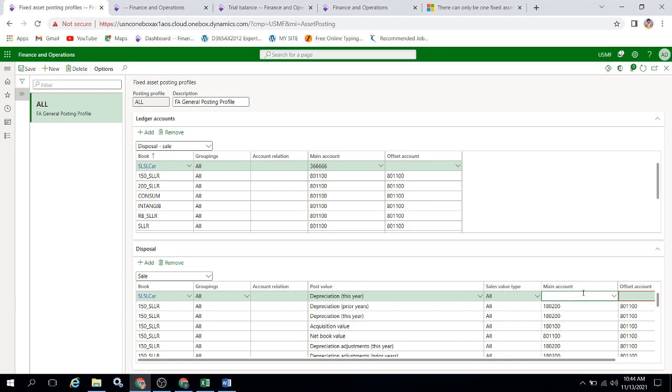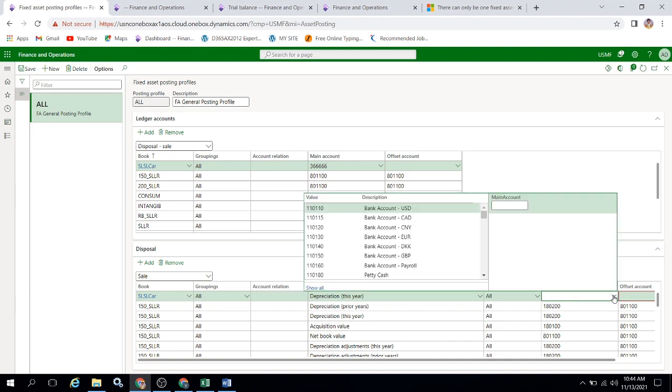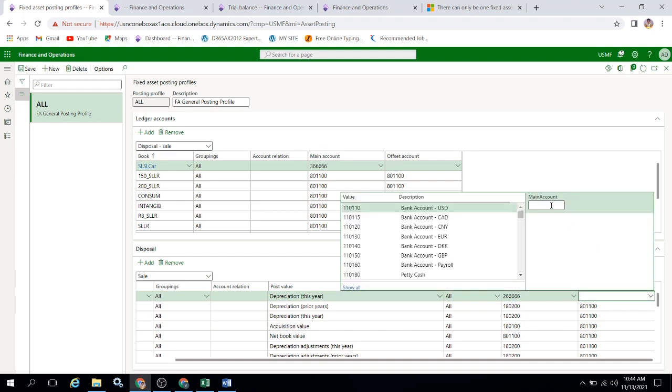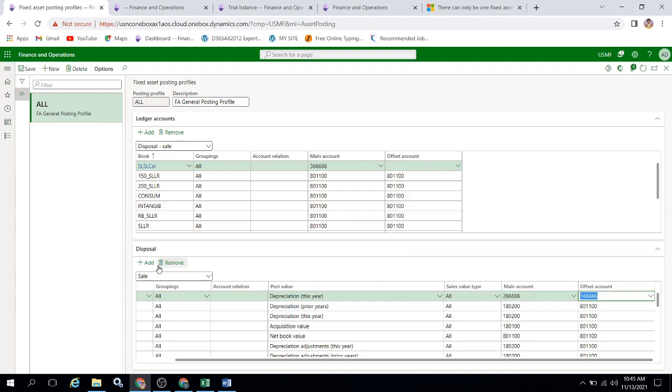Give that accumulated depreciation needs to reverse, right? So give that number, and offset account should be your asset account. You need to reverse it back to your asset. So asset is this one, and same way